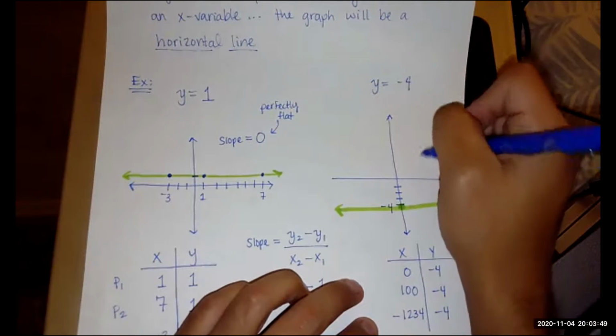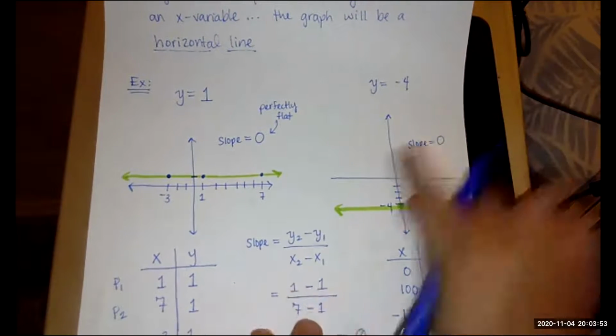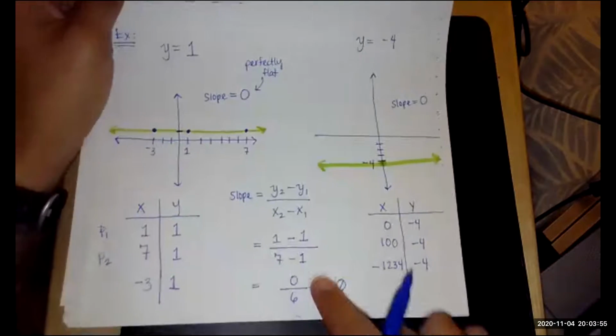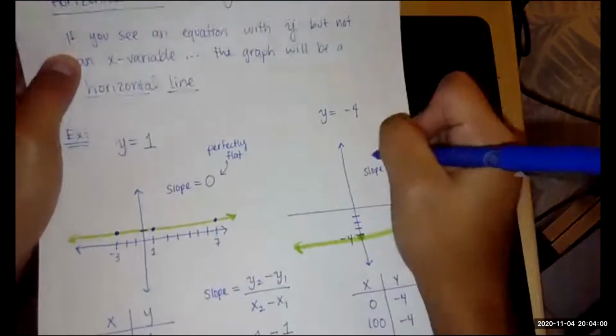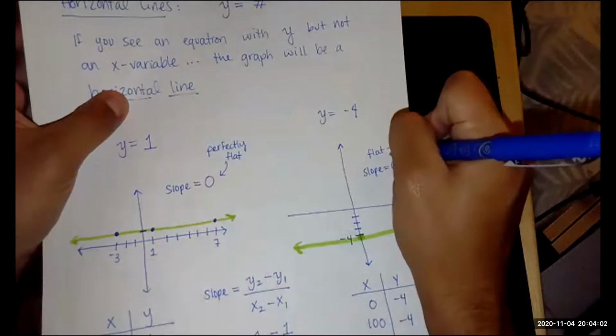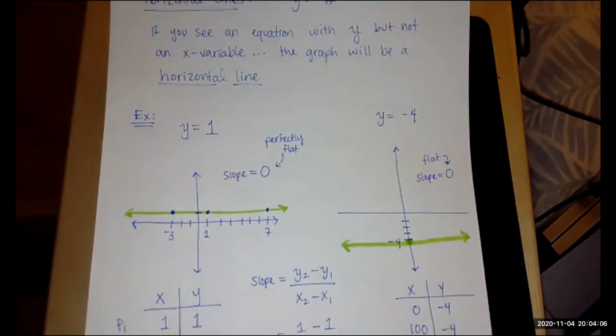And again, because this is a horizontal line, I know that the slope is equal to 0. I don't have to go through the math to know that. I could just memorize the fact that perfectly flat means a slope of 0. Okay, so that's what I needed to introduce in order for you to do this next kind of question,